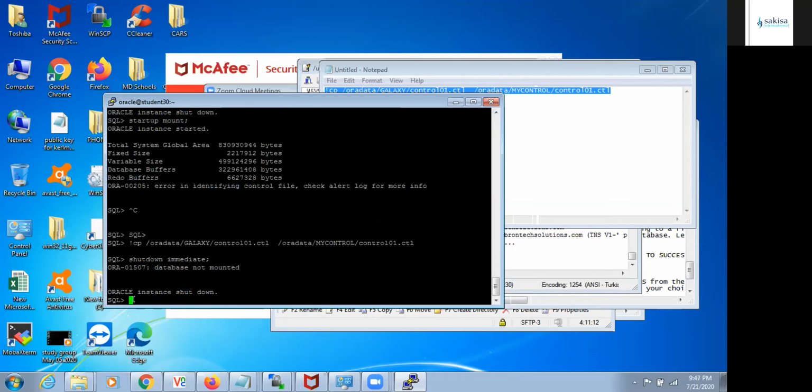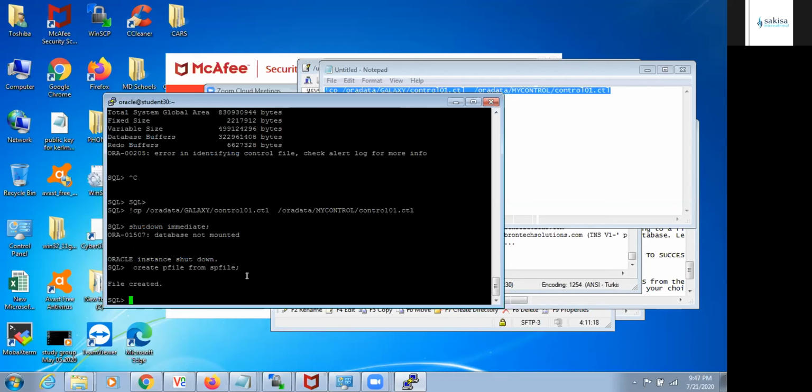Okay. Create pfile of this spfile. You can just create it now, right? Uh-huh. So now, try to start up.